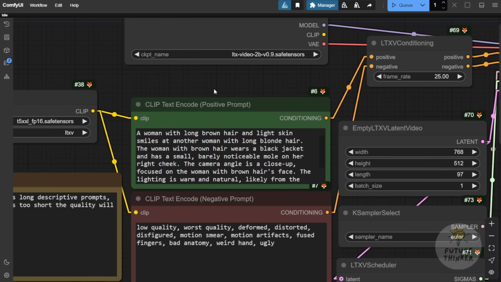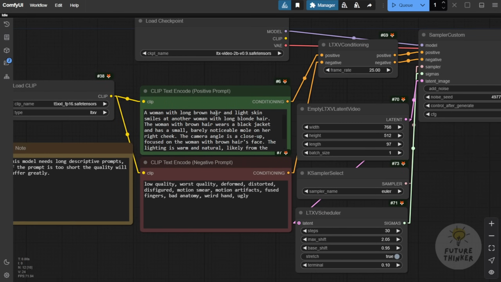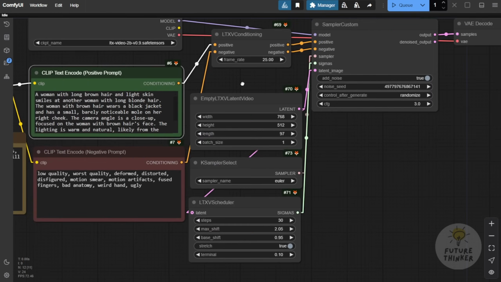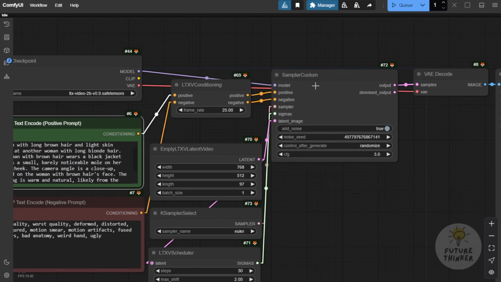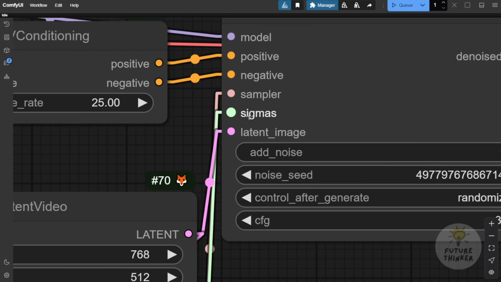So next check is the clip text encode, which is very typical, like what we used to do in text to image. Very simple. In ComfyUI, we don't need to explain too much of that. And in this case, the sampler is different. We are using the sampler custom where we have the sampler, sigmas, and latent image to handle. Because this is an AI video model, we have to handle some segments during the sampler processing. So that is the difference between using the K-sampler in